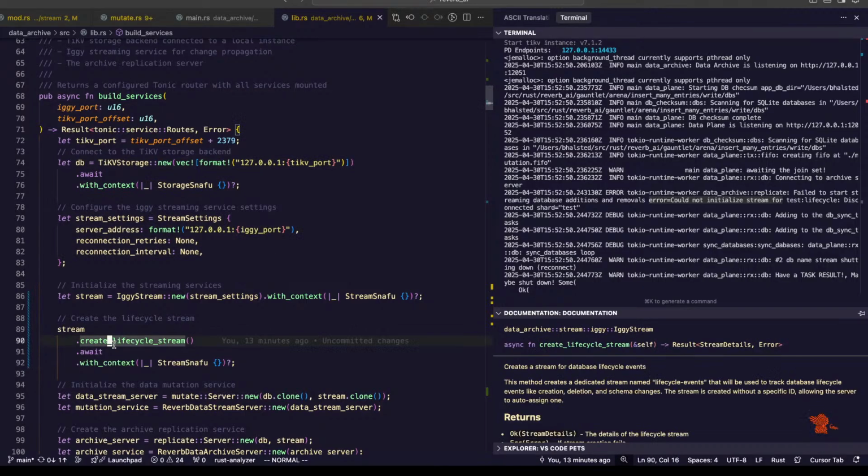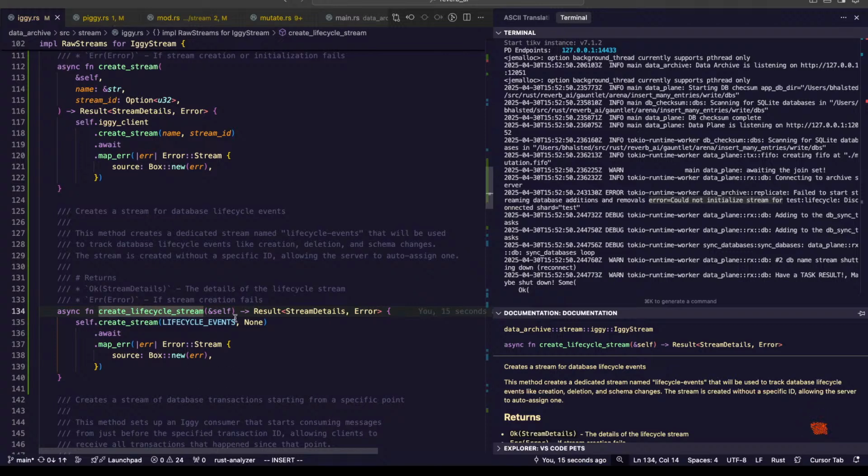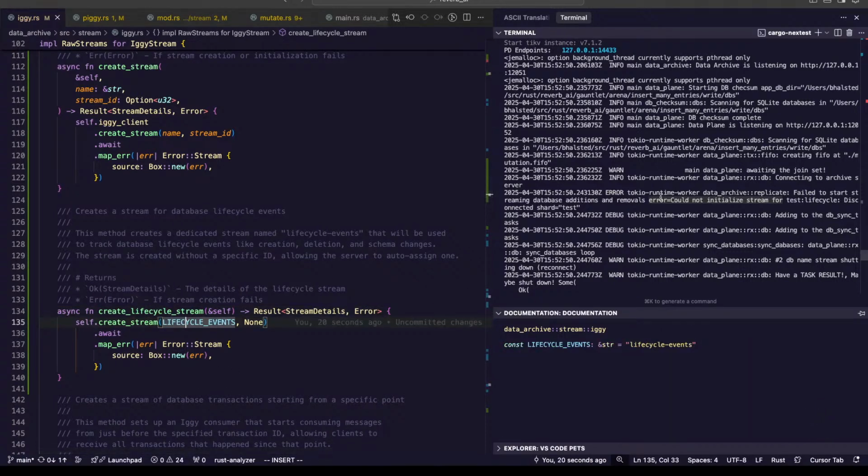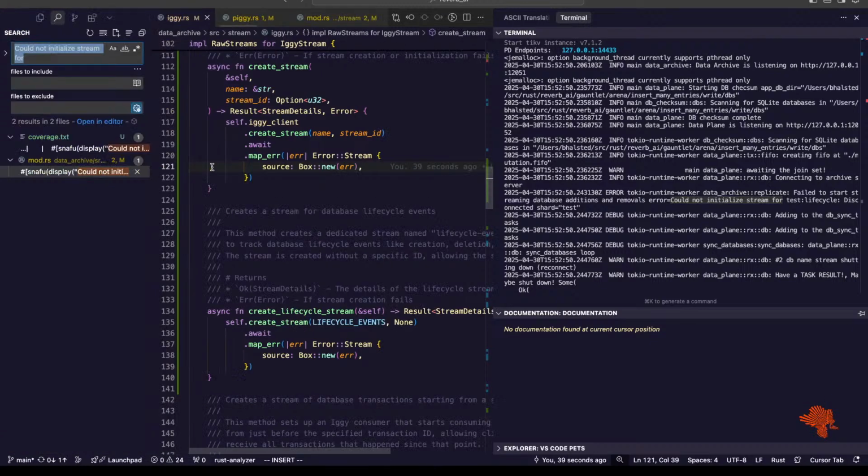Build services. Yeah, this should happen very early on. We're not getting an error in this. So it seems like it's able to create the stream, but later could not initialize stream. Maybe, maybe not. Test lifecycle. Test is the shard. Lifecycle. No, something's still amiss. I think we've made some good changes, but